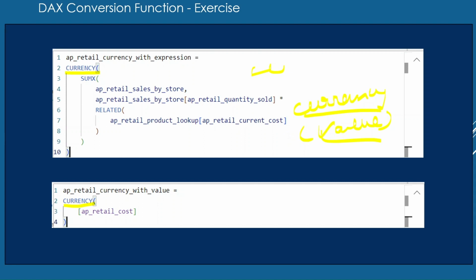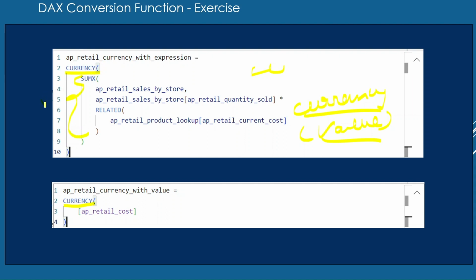If an expression is there, then the currency function will not put any kind of symbol at the beginning of the value. So here, in the currency function, I am passing an input parameter